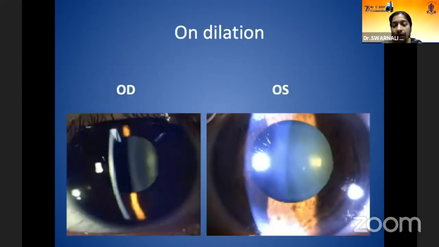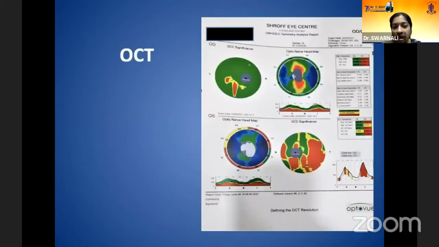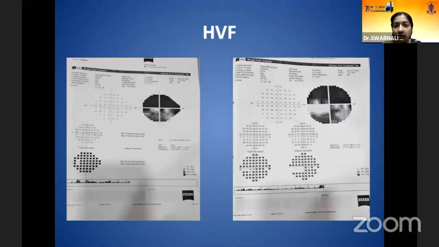But when we re-examined the anterior segment on slit lamp on dilation, a subtle finding was noted on the anterior capsule, a fine membrane on the anterior capsule. And as we can see in the picture, it was pseudoexfoliation. So this gave us the clue to the diagnosis of unilateral glaucoma in this patient, so we went ahead with the OCT. As expected, the optic nerve showed severe damage, and the visual field showed advanced field loss in the left eye. The right eye was not done because of the macular pathology. So here we have a patient with unilateral severe glaucoma at presentation.